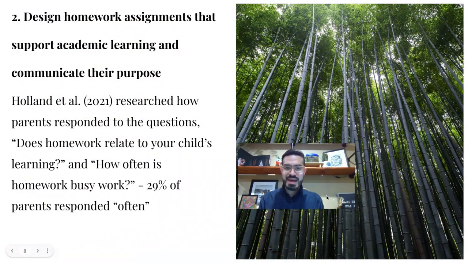Number two, we have to design homework assignments that support academic learning and communicate that purpose. This is one of the best practices regarding homework. Again, Holland et al. researched how parents responded to the questions: does homework relate to your child's learning? And how often is homework busy work? Believe it or not, 29% of parents responded that often, homework is simply just busy work for their children. So many times, our homework policies and our approach, our assignments are not aligned, are not communicated to the academic